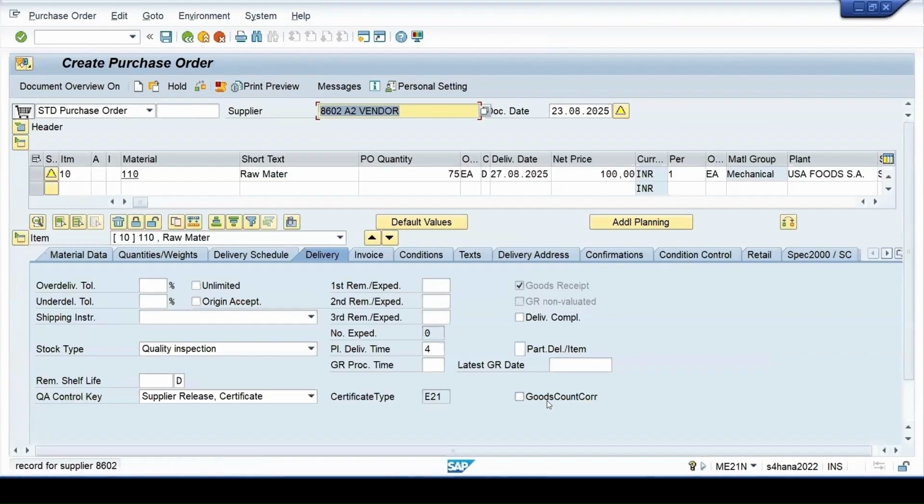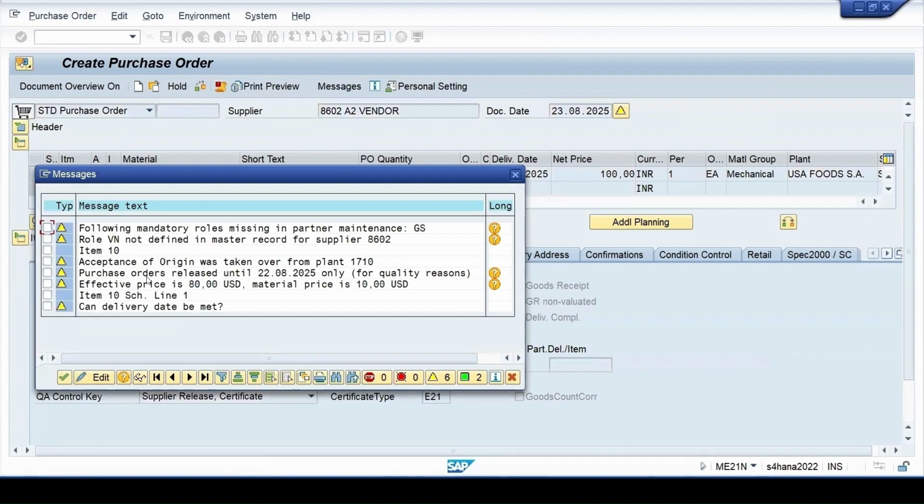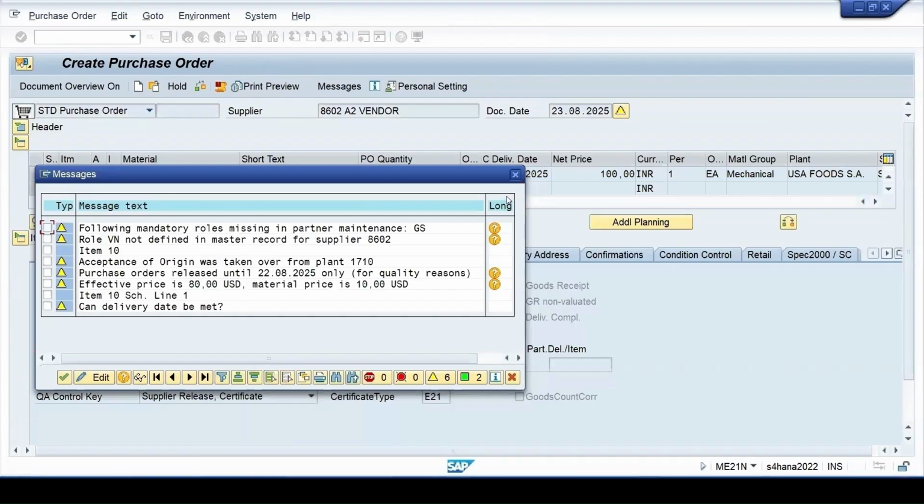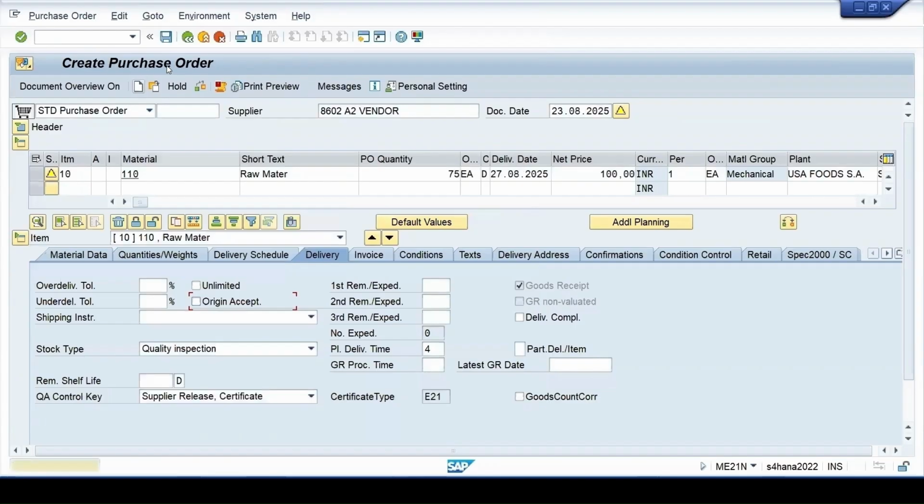Press enter key. If I check it, then it is giving me a warning here. You can see purchase order released until this date. For quality reasons, this message is coming. It's kept as a warning that informs that the release date is past dated.